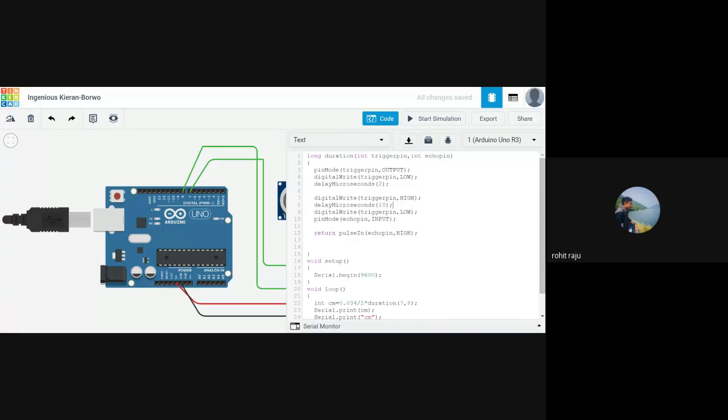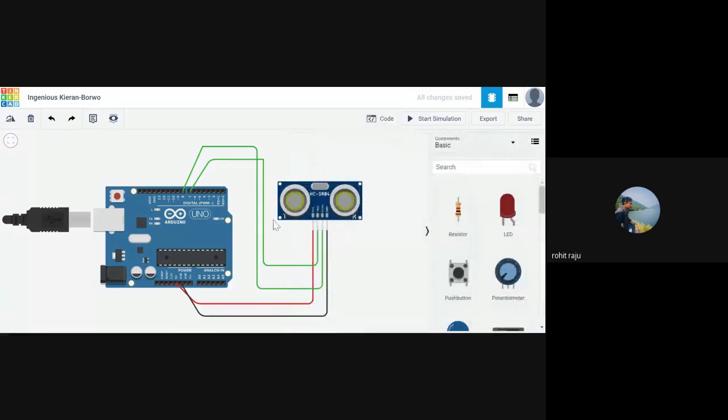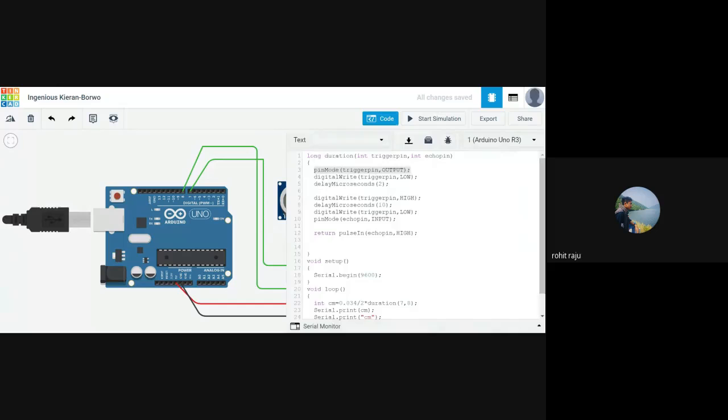The answer this gives is time rate, and that time is of the type long variable because the answer in microseconds is a very long number. So you'll be returning a number of type long. This is the return type, so this is long. That's why you wrote long here. And you'll start pinMode. So you're setting up the transmitter right here, right? This is the transmitter. It gives the output, and this is the receiver. It takes the input. So that's why you set this up to output.